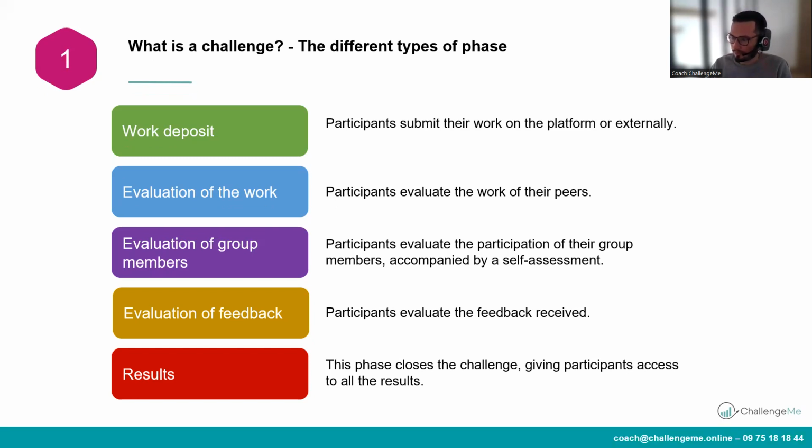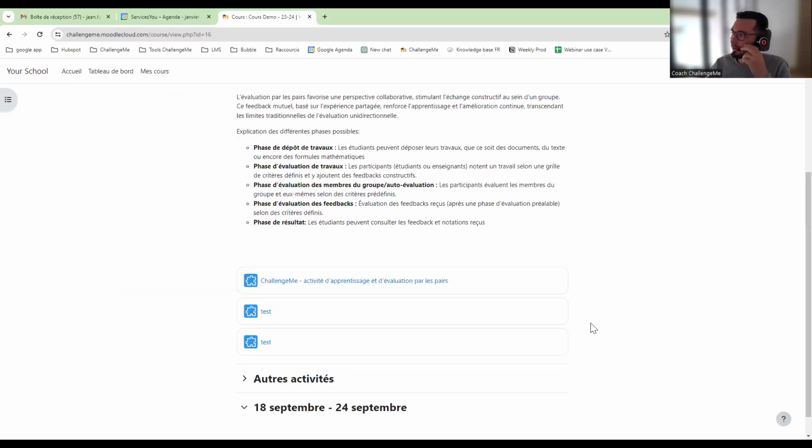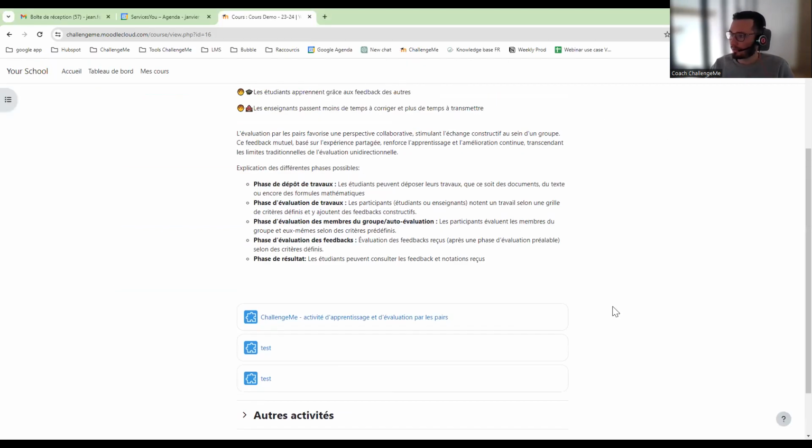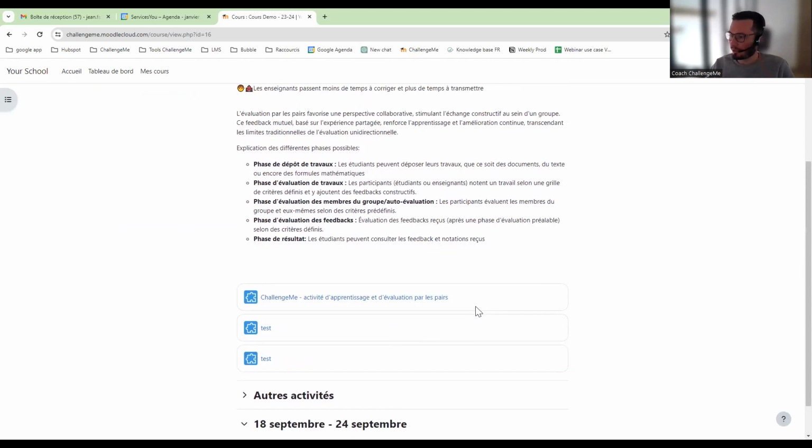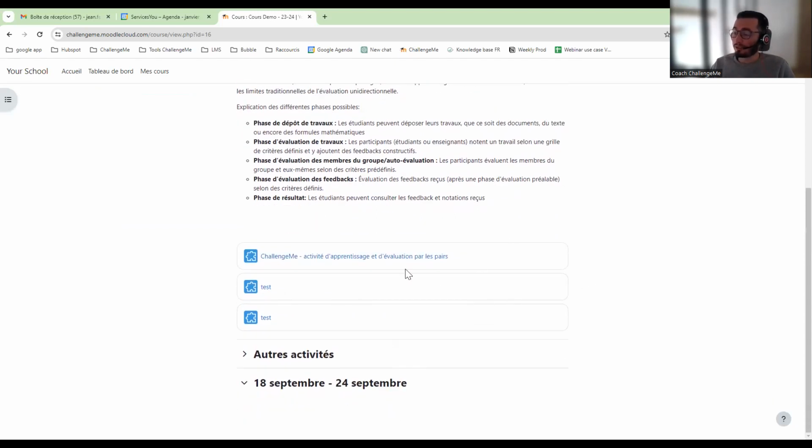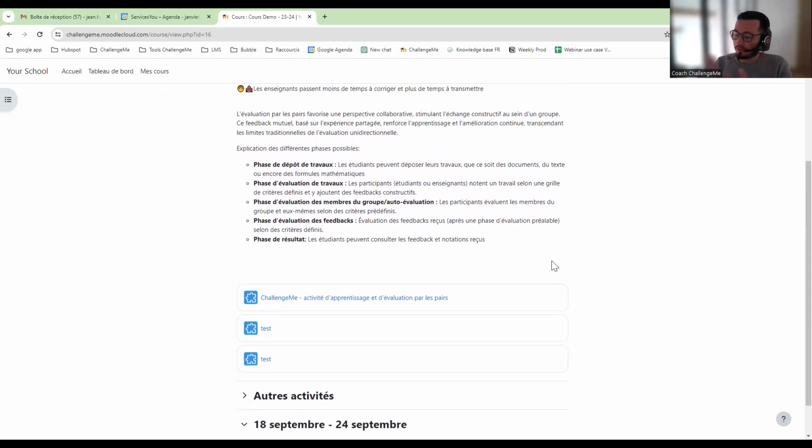Okay, now you should see. I think you can see my screen now. So here I'm in the Moodle environment. So all the interfaces that you will see now are on the student side. So to access an activity on the student side, I just have to click on it, and then I will be redirected to the ChallengeMe